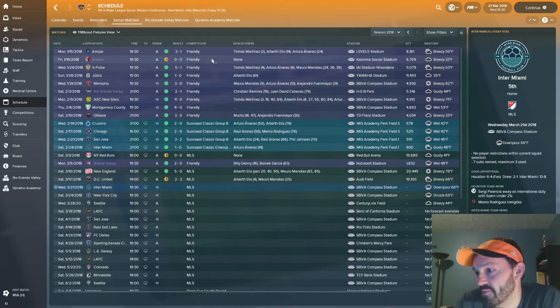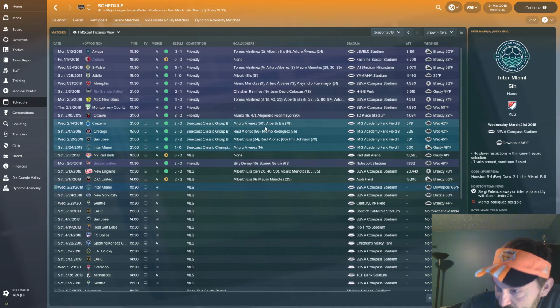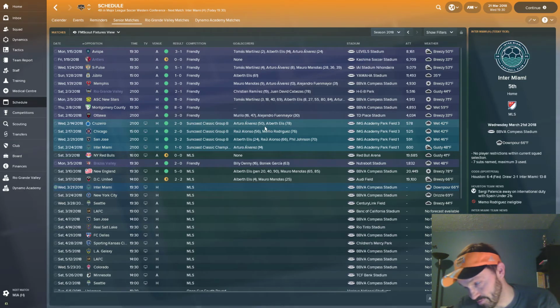I dominated that game but couldn't score. I don't remember if it was my first or second. Oh, that was when I was rotating. The second team played the first half and had a lot of chances but couldn't finish, and we just couldn't score. From there, we played S-Pulse and Jubilo. We won both of those. And then we had our series of friendlies before our preseason tournament, the IMG Suncoast Classic,